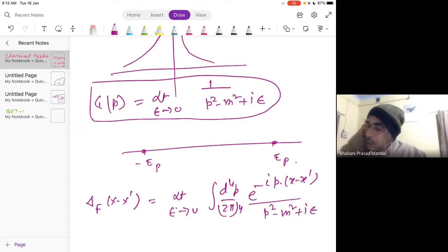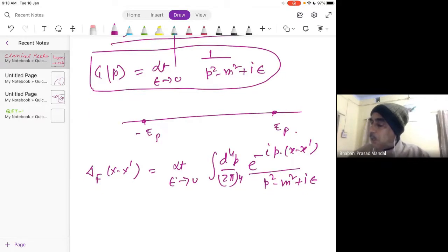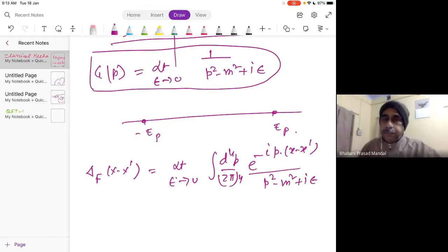So this is the propagator, and here I will not do the mathematics. In this propagator there are 4 integrations. You can perform the P0 integration, which is the problematic one, through contour integration and get a result. There is a lot of calculation, which I am not doing because it is not directly part of the syllabus this semester. But